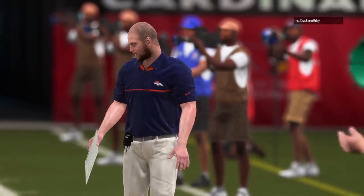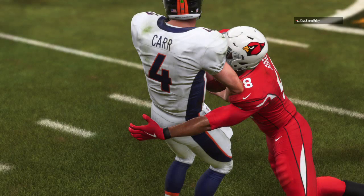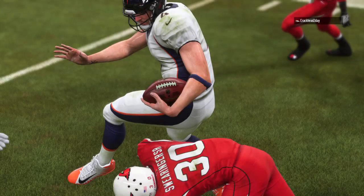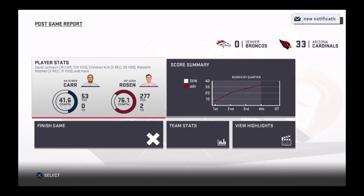The storyline in this one, Charles, no doubt the number 0. Zilch, nada. A shutout so hard to do in the NFL. It really is, and what an accomplishment, because you feel that not just on the defensive side, but as a full team. There's a lot of pride that goes into shutting out an opponent. And how about that 0 on the scoreboard for them, going along with those zeros